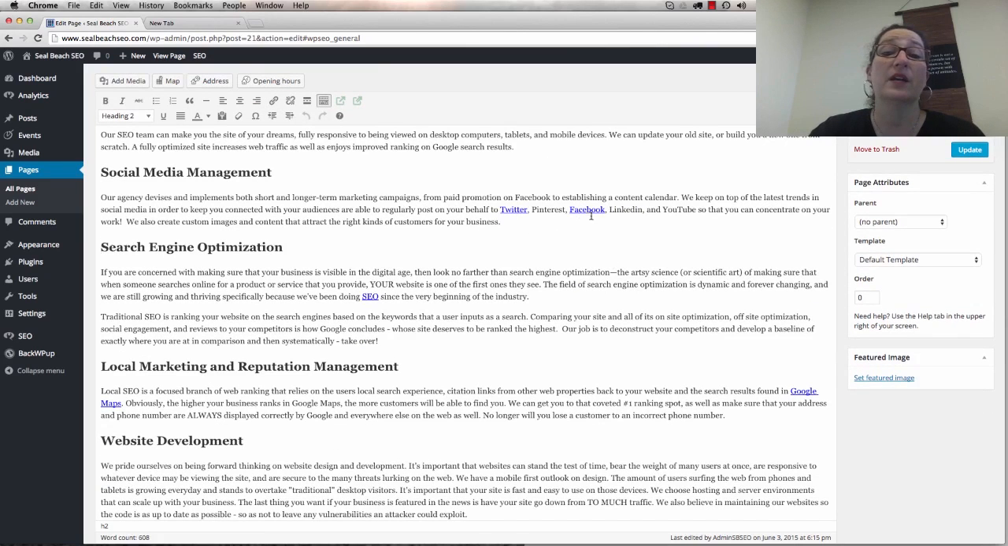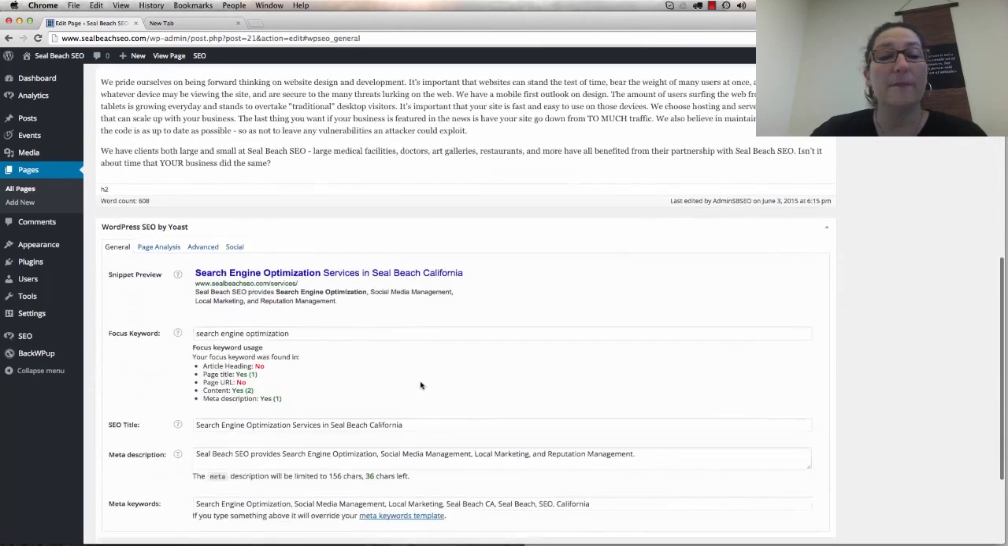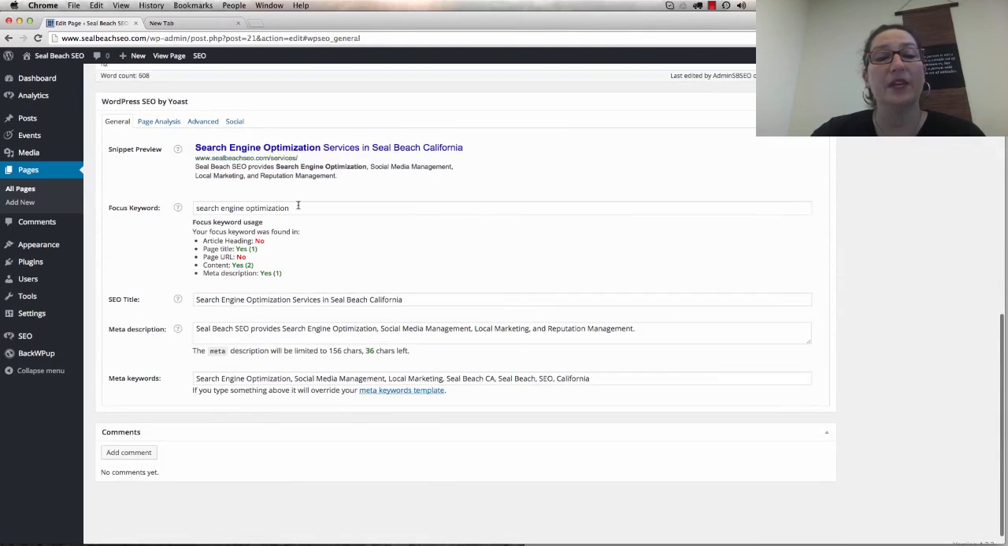I've got some links to my social profiles. I've got some links to my internal pages, and I've got a link to a Wikipedia page out of the site. As I start to scroll down, I come back into how I set the site up, and this gives me a snippet preview. Now, this doesn't mean that this is exactly what Google is going to show, but it tells you how Google will look at the